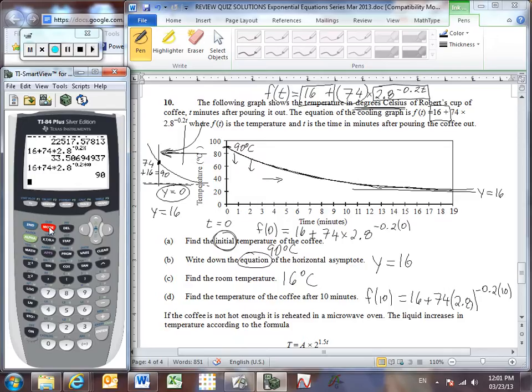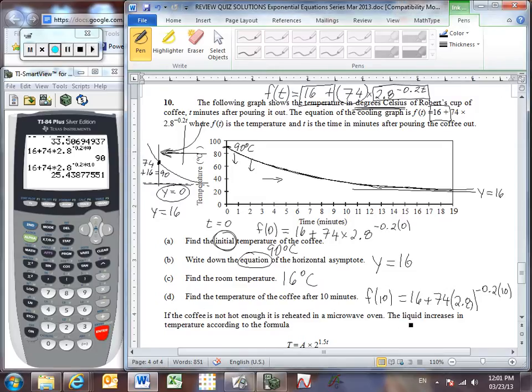Now I've got this function entered in. The only thing that's different about it is that I have a 0. So why don't I call back that previous entry? I'll say second enter, and it brings up the equation I just typed in and allows me to edit it. I want to change my exponent to a 10, and it gives me a temperature of 25.439 if I give some extra decimal places,